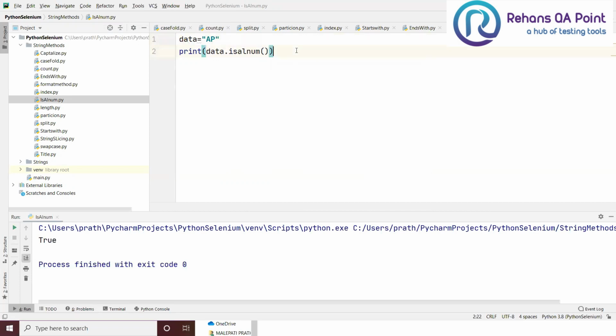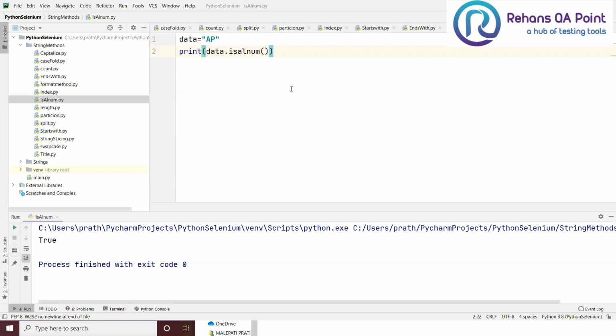Now I'll give only AP here. But still why did I get true? Because alphanumeric means I can have only alphabets, only numbers, or both combinations of alphabets and numerics. It does not mean that I should have both. So it can be both, so that we get true.